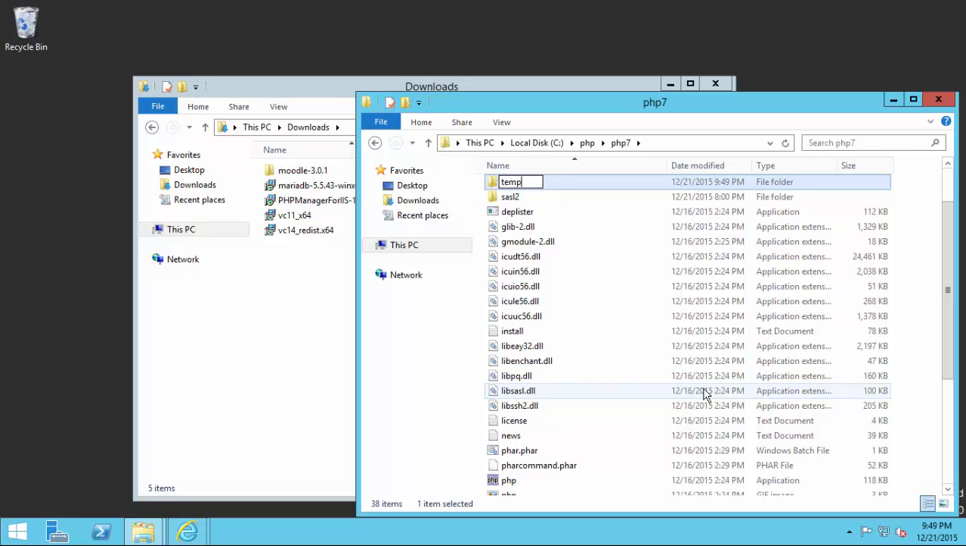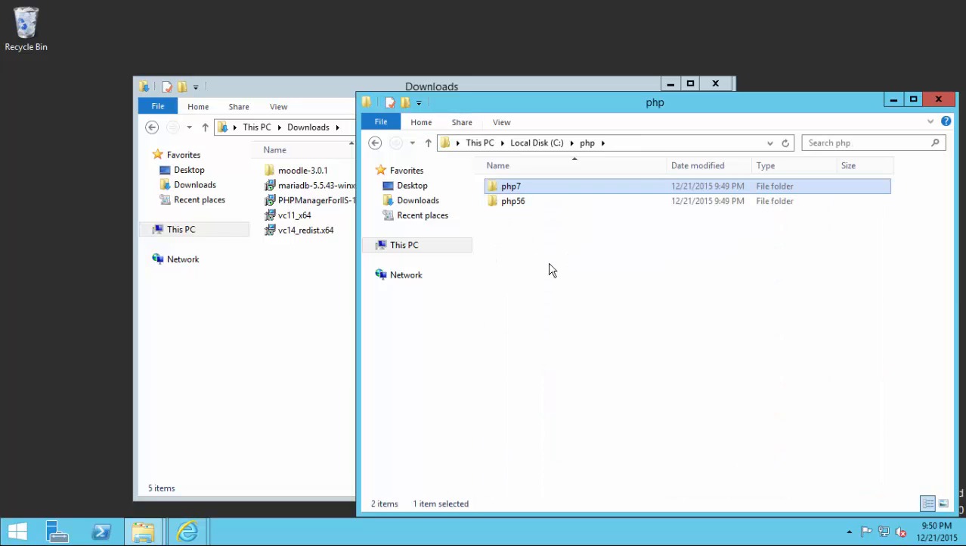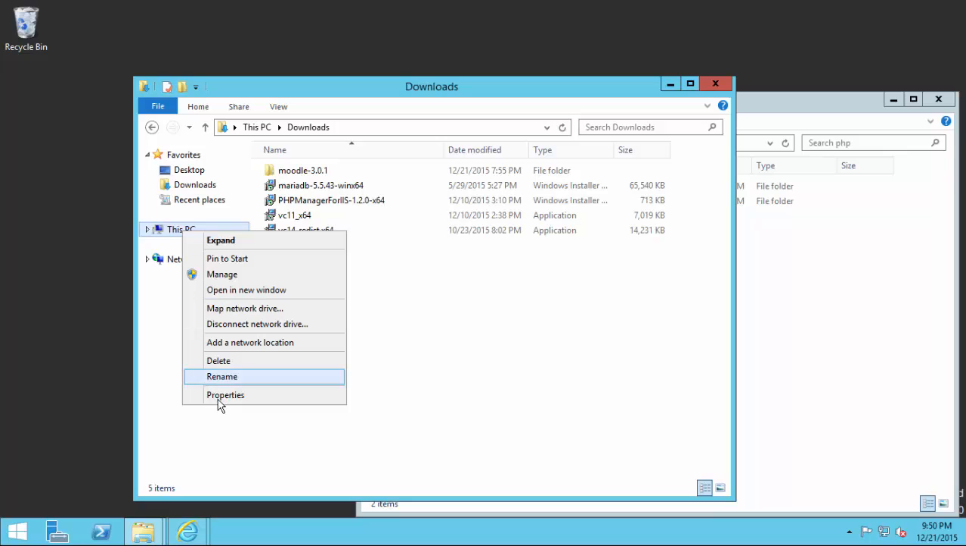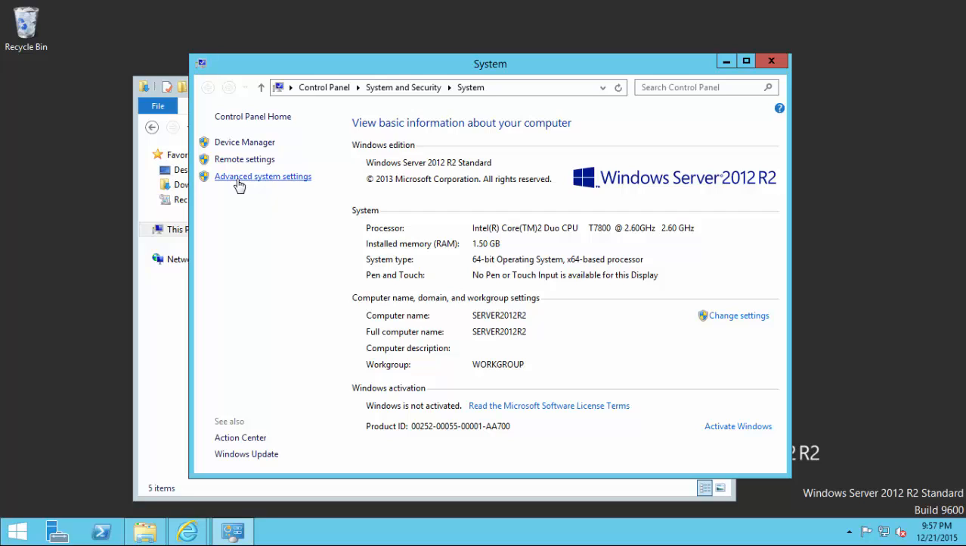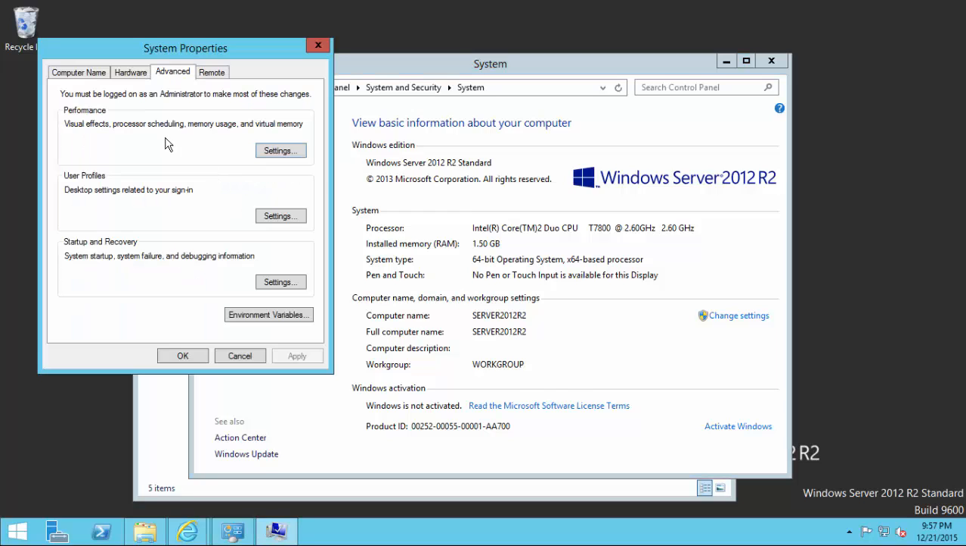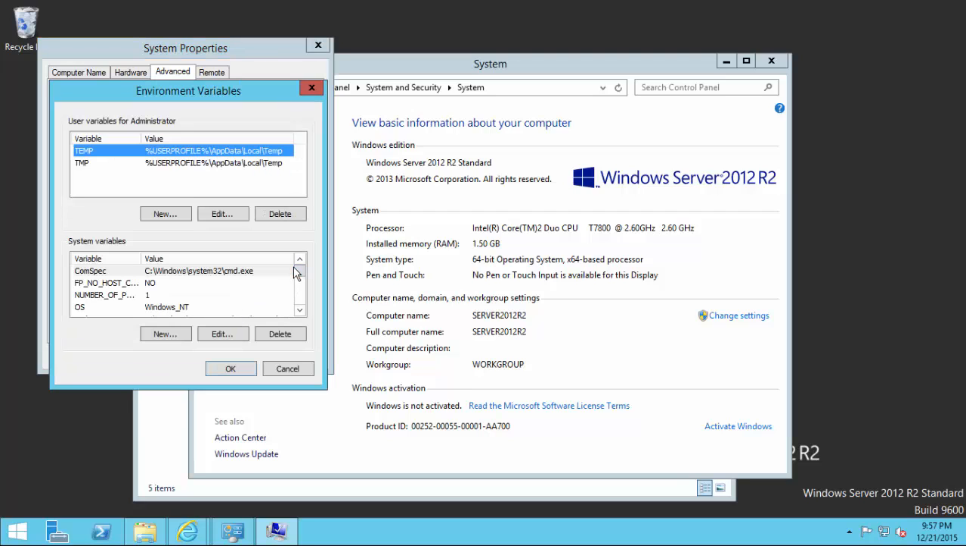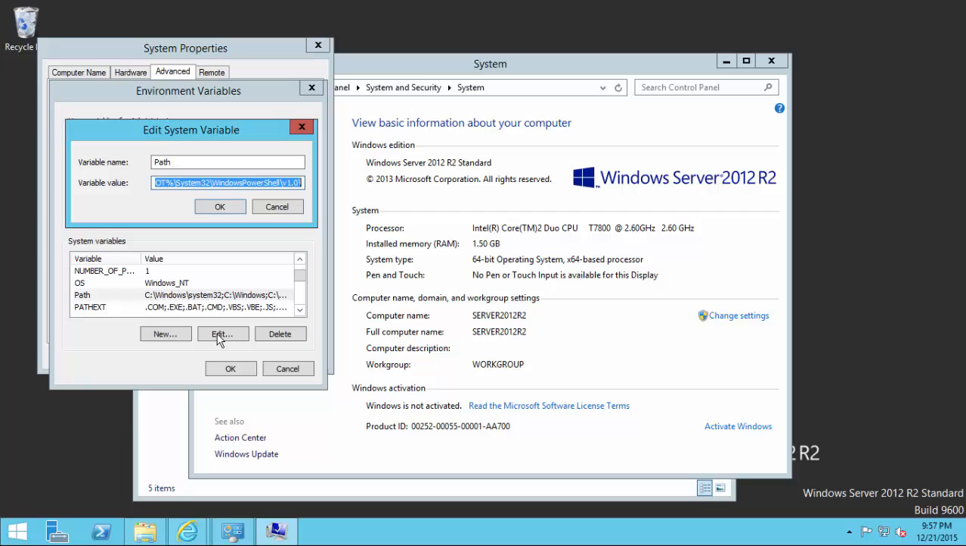Create here temp, and now I'm going to define environmental variables for my PHP in my Windows. So I'm going to my PC, clicking properties, click advanced system settings, and from here make sure you have advanced tab selected. Click environment variables, and from here select path, click edit, and in the end of variable value I'm going to add my path to my PHP